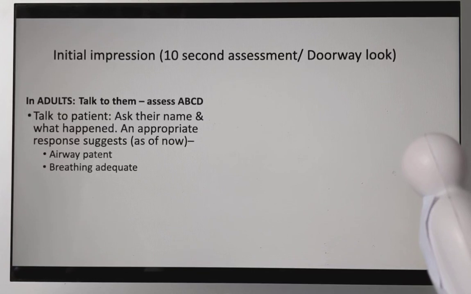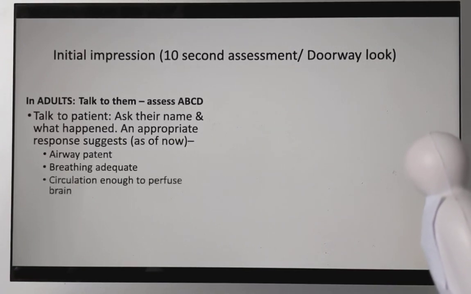If they are able to speak a sentence in a single breath, or they seem to be talking okay, that means the breathing is adequate. Their circulation: if they are walking and talking and answering your question, like just asking their name and what happened, and they are able to answer, it means that their brain is